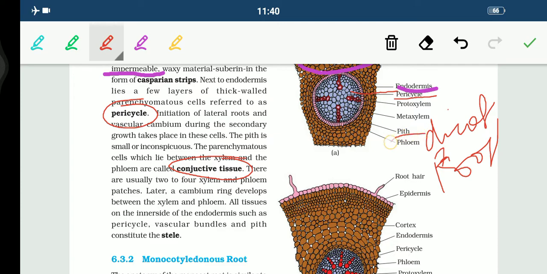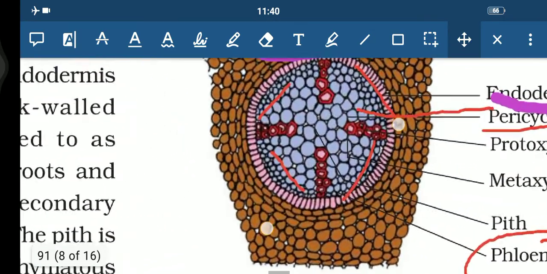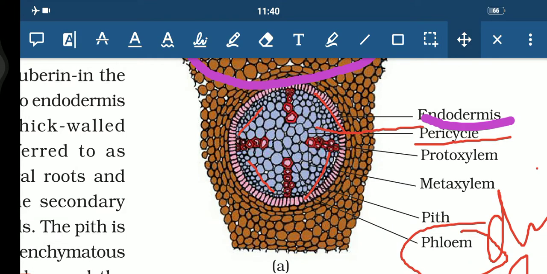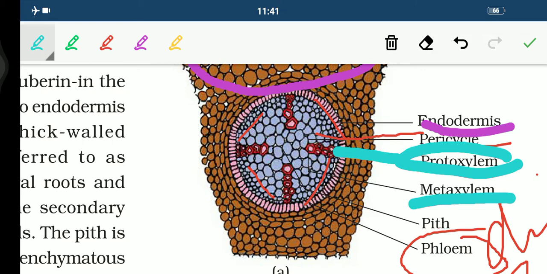You can see here this one is the phloem, students. These are the phloem cells, and the purple colored structure, I would like to zoom here. This purple or maroonish colored structure is the xylem. This one is the protoxylem, the cells which are pre-formed, formed early in comparison to the metaxylem. I hope this is clear.